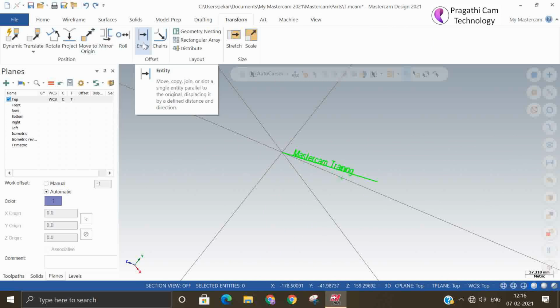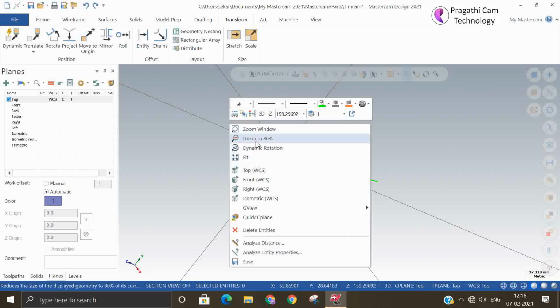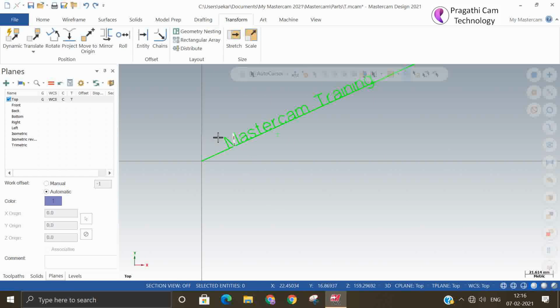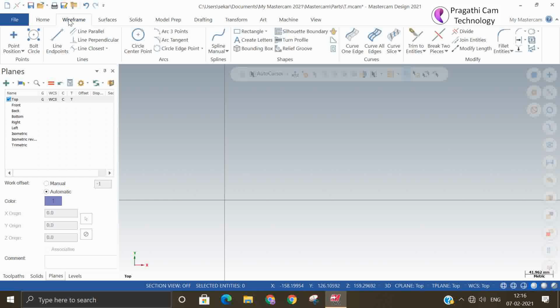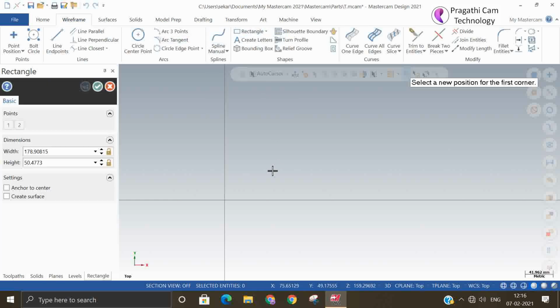So offset entity, this we regularly see. By just selecting and giving the distance, I will make one small example here. There are two offsetting options: one is offset single entity, or offset the chain.